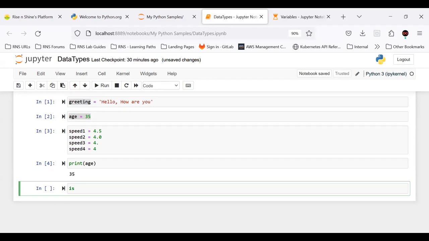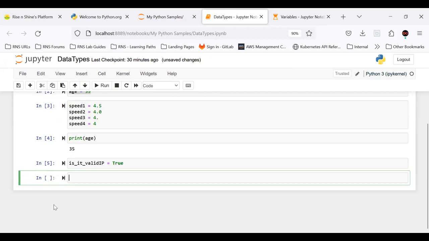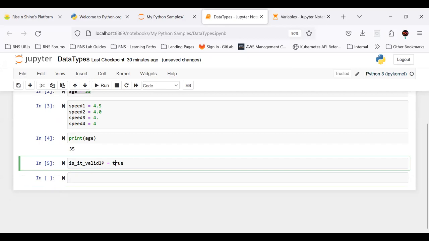Okay, next another type which we are trying to understand. Let me define it: is valid IP, something, just defining one variable. That is true or false, as booleans. So you should use capital T True. That is accepted. But if I define it with small letters,